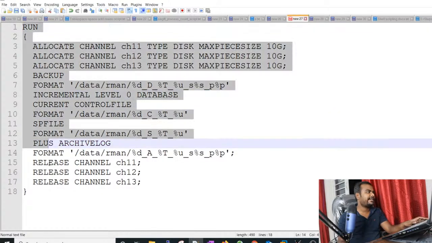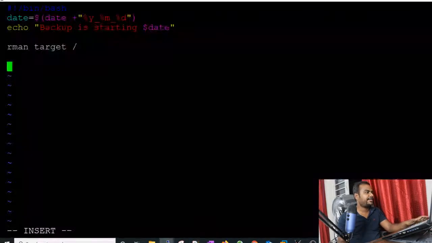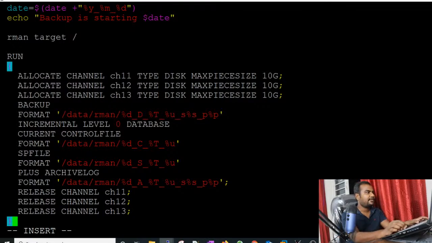So I will just take this and paste it here. That's it. So this run block will get executed. Now, I am looking for something different. I want, when this run block gets executed,